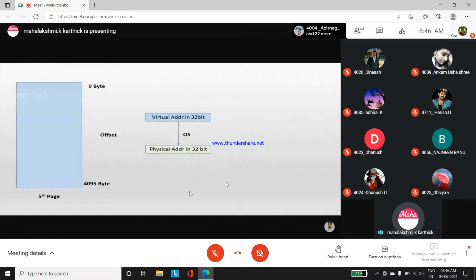So now we only have to represent how these pages are represented. Just imagine the 5th page of the application program's virtual memory address has to be referred with the RAM address. The process happening is that we can represent it with an offset of 12 bits. The application program locations start from 0 to 4095. Actually the total is 4096 bytes, and the location representation starts from 0 to 4095. So the 5th page will be inside this.